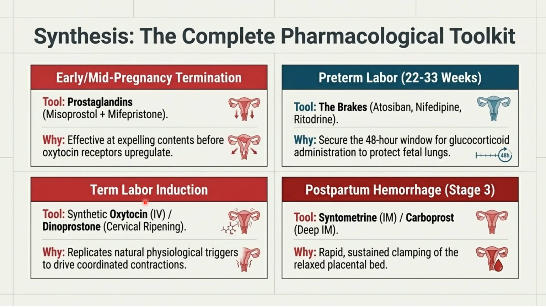For the induction of labor at term, of course, we use syntometrine, which is a combination of oxytocin and ergometrine. The first one, oxytocin, causes rhythmic contraction of the pregnant uterus, while ergometrine causes sustained continuous contraction of the relaxed uterus. So the first one will help the first and second stages of labor. The second one will help to treat and prevent postpartum hemorrhage by its sustained continuous contraction.